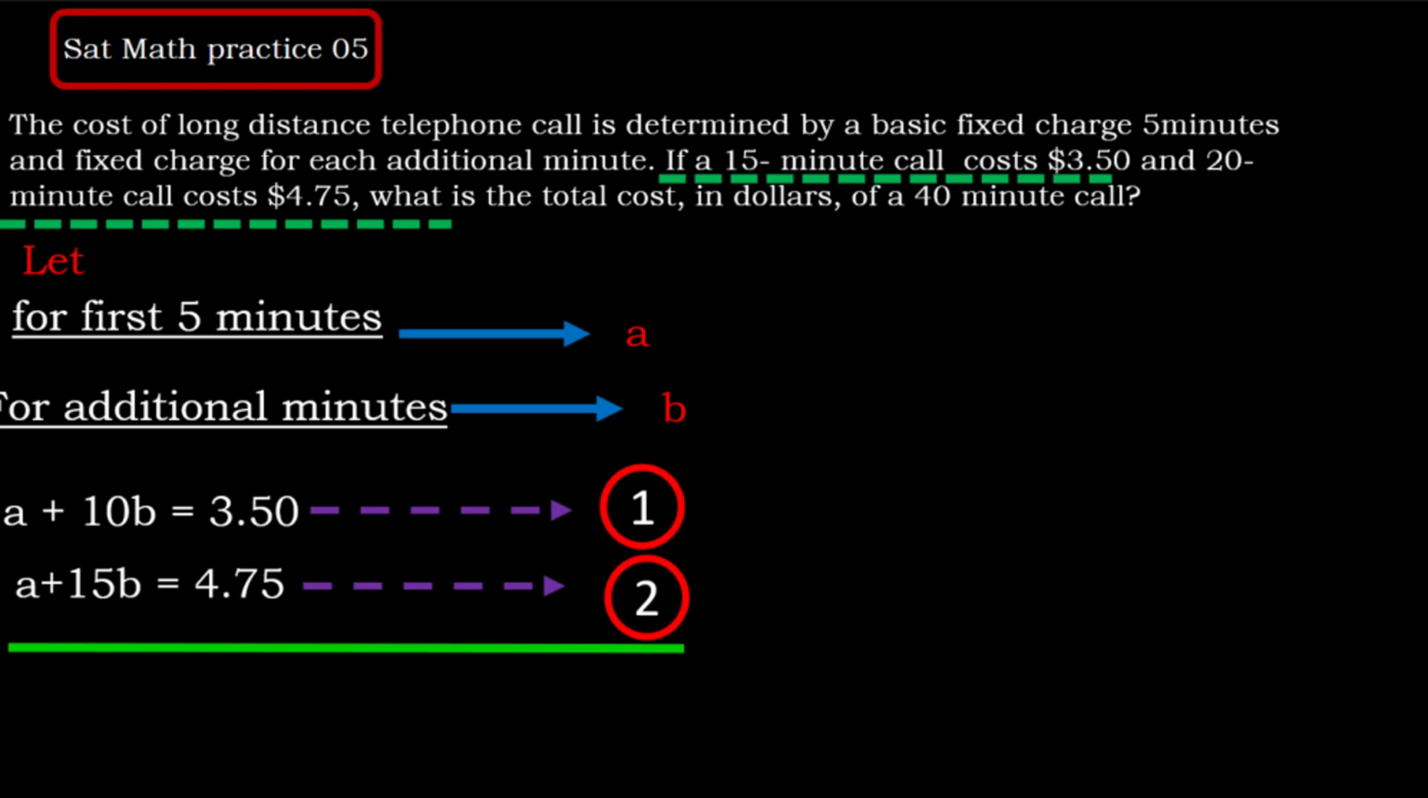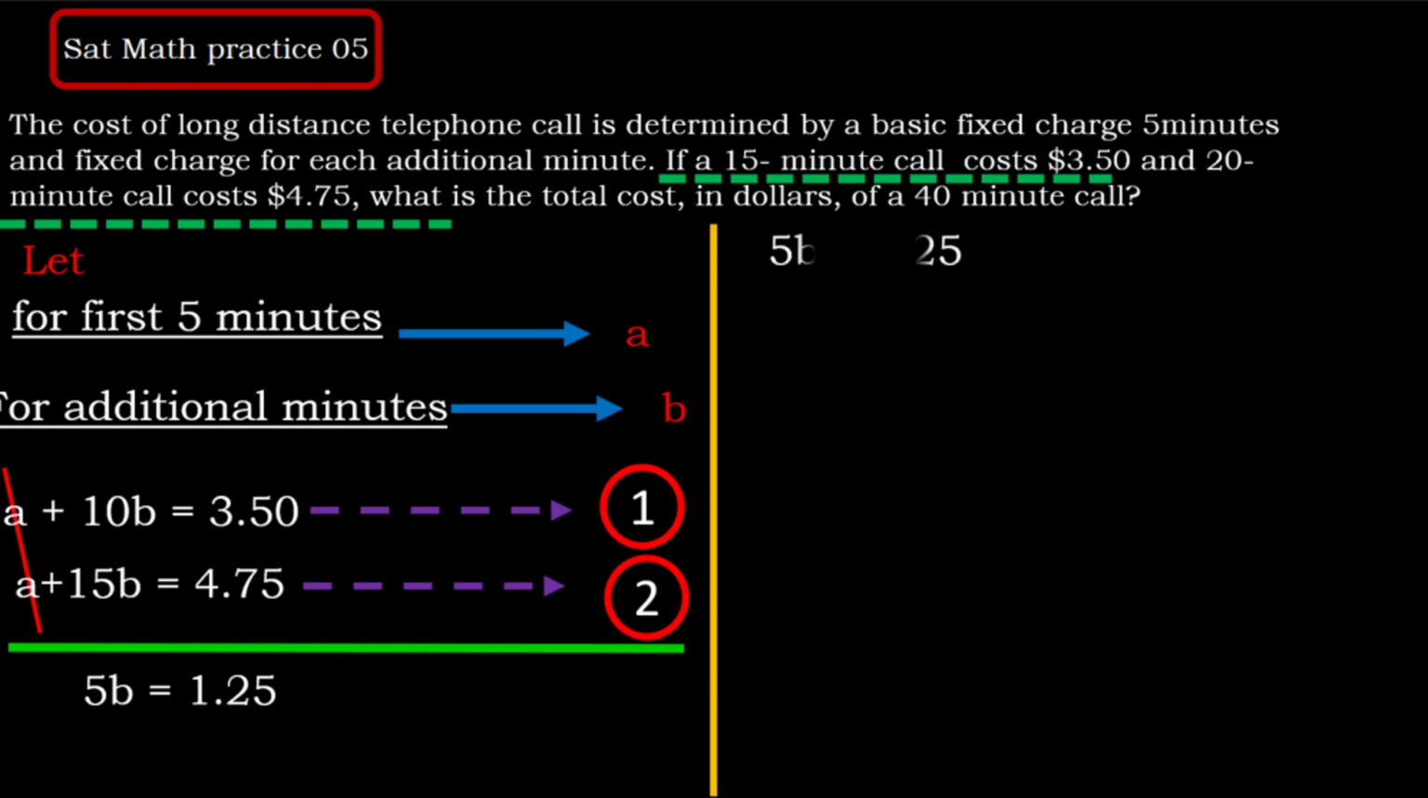We will subtract equation number 1 from equation number 2. So A minus A will be 0, and we get rid of the variable A. 15B minus 10B is 5B, equals 4.75 minus 3.50, which is 1.25. To find the value of B, solve for B by dividing both sides by 5. Now we get B equals